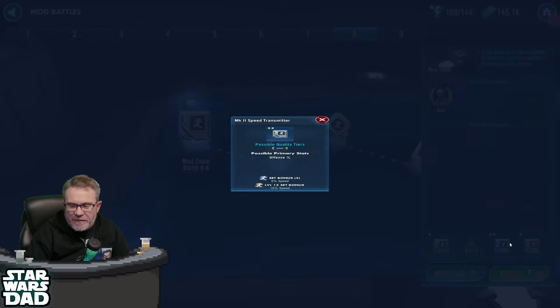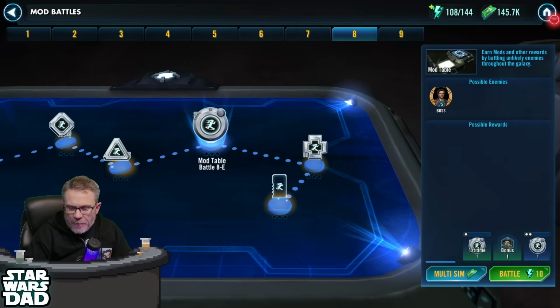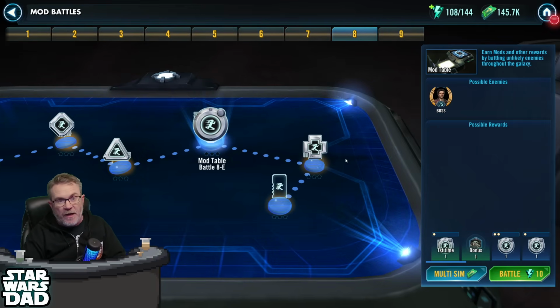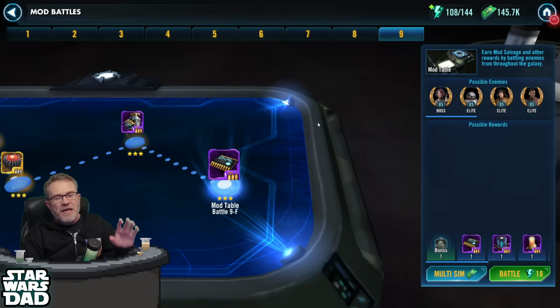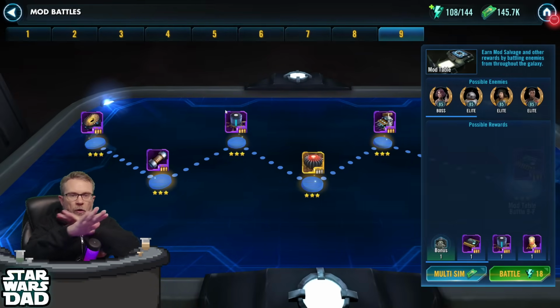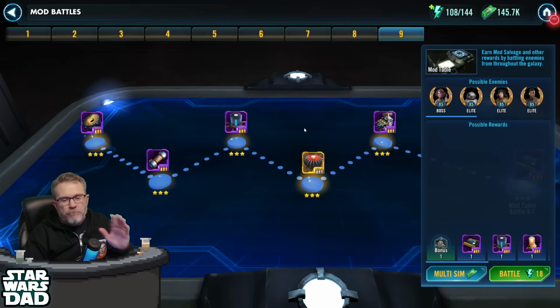You don't need these mods. These are 1 and 2 dot mods. They are not going to serve you through any point in the game other than the very, very, very beginning, maybe even if that. You want to play all the way through them at level 80, tier 9 unlocks. This will be the only place you ever go again in mod battles. This is where you unlock